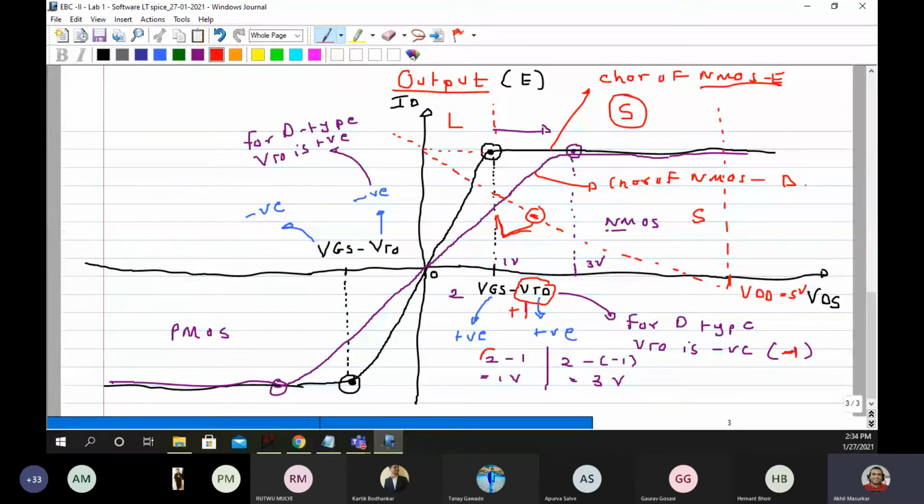So VGS value will always be fixed in both the cases. So if I substitute here, the value of this point is VGS minus VT. So that is going to be 1 volt on the VDS axis. And here if I substitute 2 minus minus 1, this is going to be 3 volts. On which axis? Again the VDS axis.